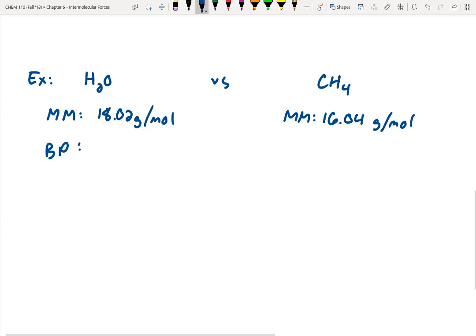Does anybody remember what the boiling point of water is in Celsius? 100, that's an easy one to remember, assuming we're at standard pressure, so sea level. And methane, on the other hand, is found in natural gas, which gives you a clue that it's a gas. To get methane to boil and to become a gas, you just need to have it at negative 165 degrees Celsius. So it's actually really hard to get methane in anything but the gas phase because you have to cool